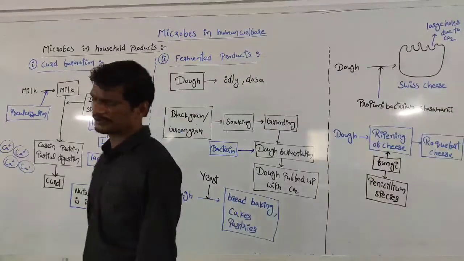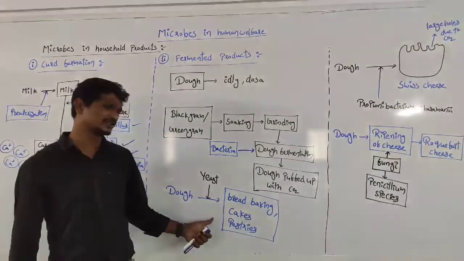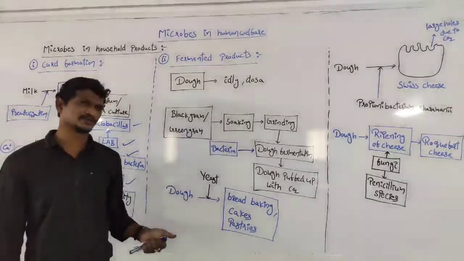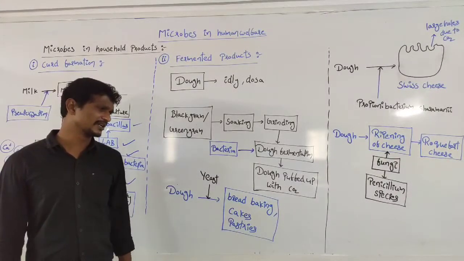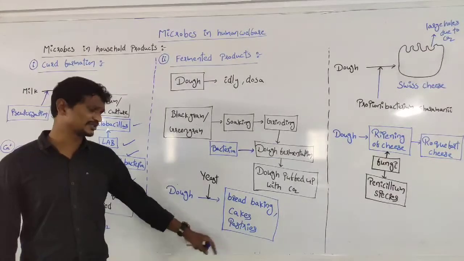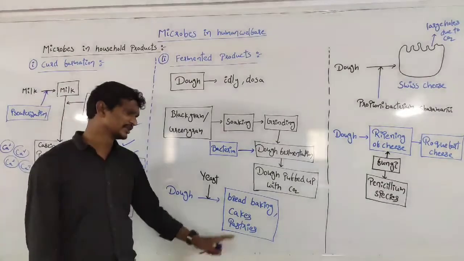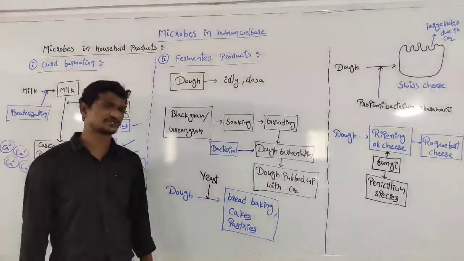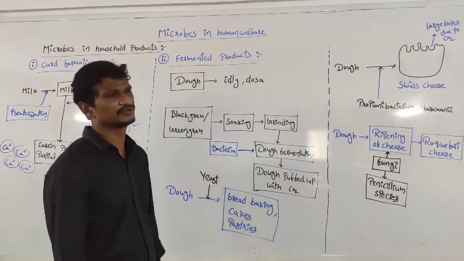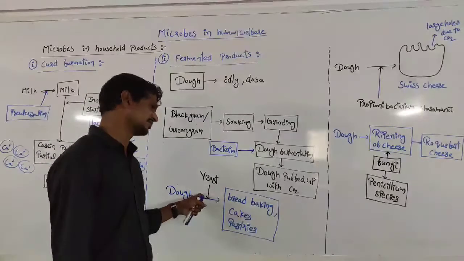And this is about the very general concept, and most of the students like this concept also. The presence of yeast, especially within bakeries: the bread baking process, and the cakes are prepared. Birthday cakes we know, and pastries also we know. So here the bread baking, the cakes and the pastries, all these are prepared by the fermentation process. Here the fermentation is done by the yeast, right?